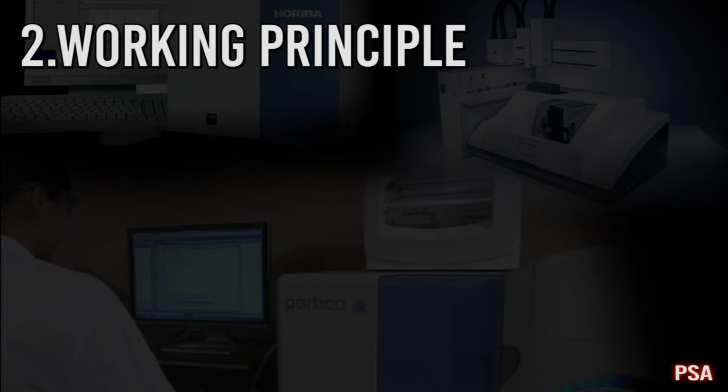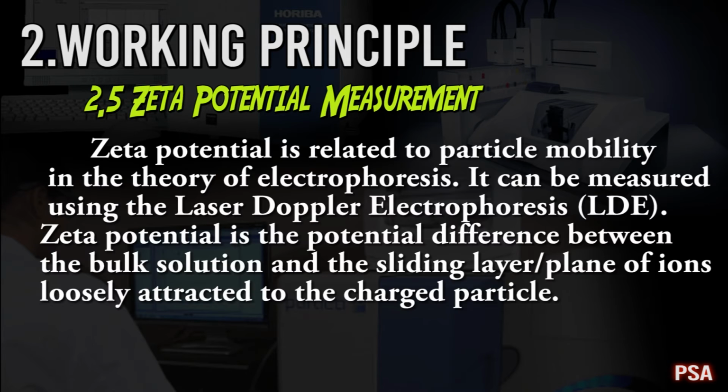MW is the diffusion average molecular weight. And lastly, for the principle of zeta potential measurement, zeta potential is related to particle mobility in the theory of electrophoresis. It can be measured using the laser Doppler electrophoresis, or LDE for short. Zeta potential is the potential difference between the bulk solution and the sliding layer or plane of ions loosely attracted